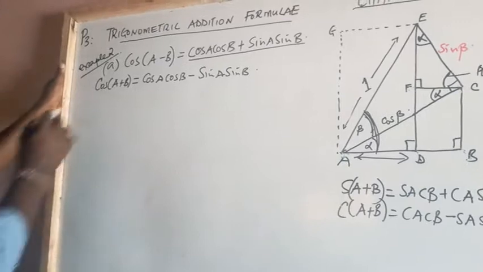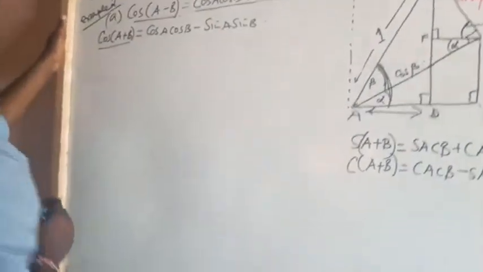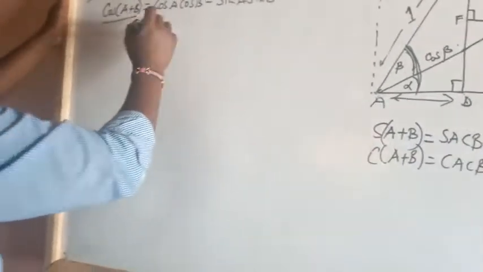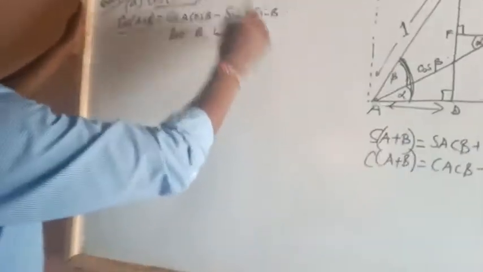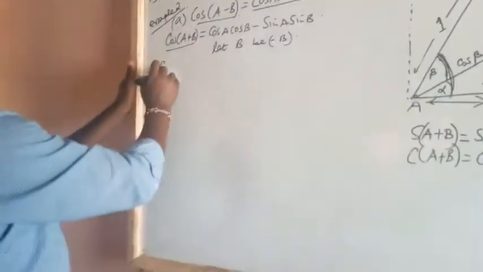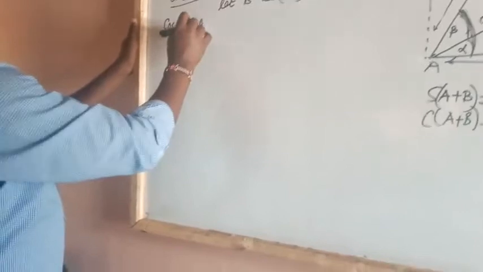But if you look at this and this, there's a difference: in this one, B is negative. So let B be negative B. So what are we saying? We are saying that in the cosine of A plus minus B,